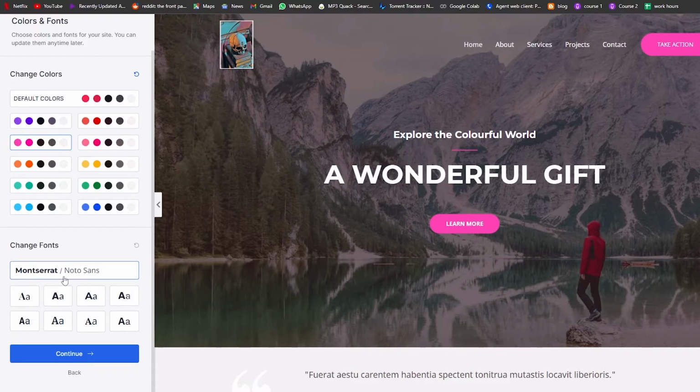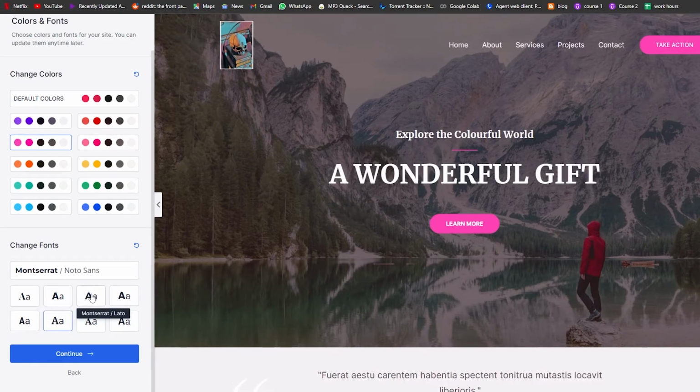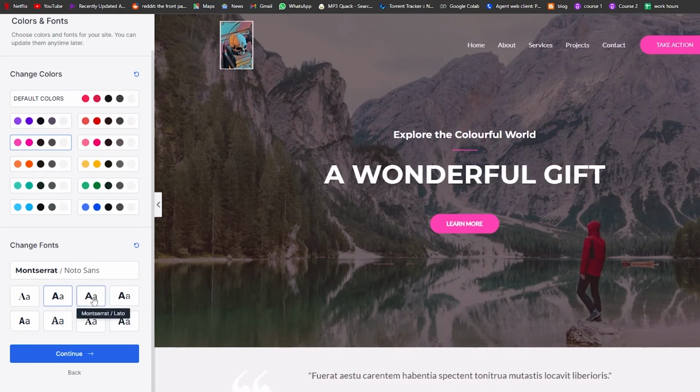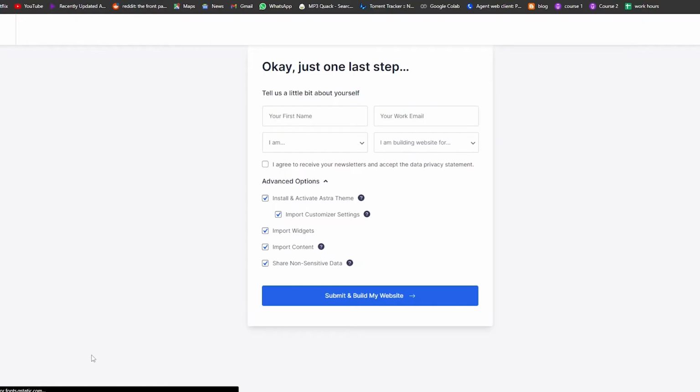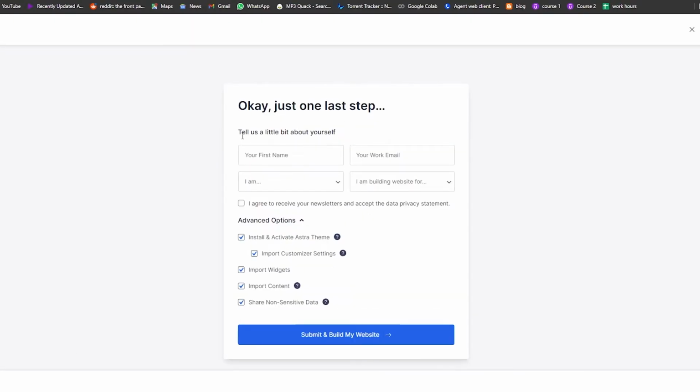the fonts. So right now it's Montserrat / Noto Sans. If we click on it, we have some options down below. Playfair, we have Poppins / Lato. So over here we can have different fonts. I think this looks good, Montserrat / Lato. So I'm going to click on continue, and over here we just have one last step